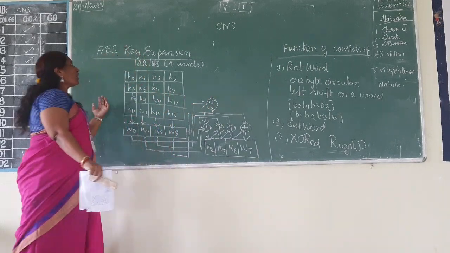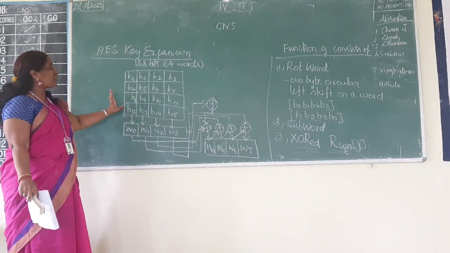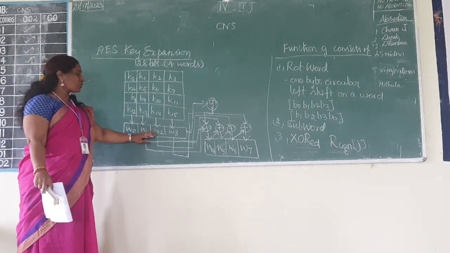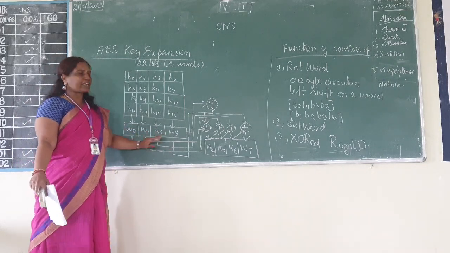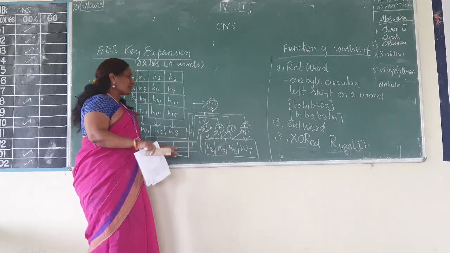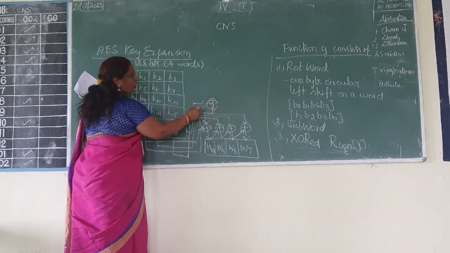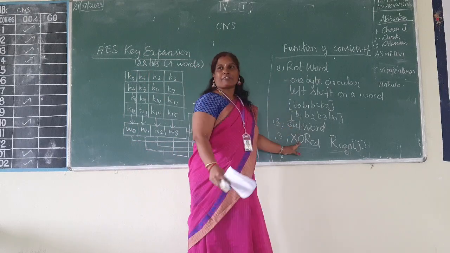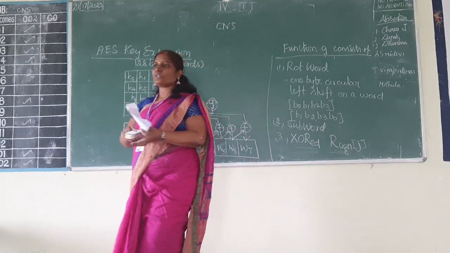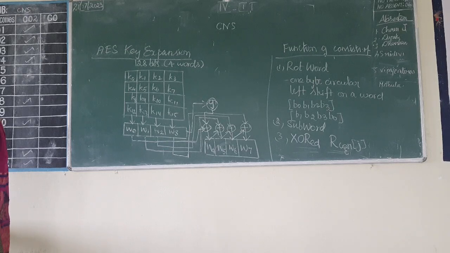So what you need to know is how the key is getting expanded. The entire key is organized as a 4x4 matrix in which we take column wise. Each one is considered as one word, so altogether it is 4 words from the input key. Those 4 words will be expanded again as another 4 words. For that expansion we will be using a function G. This G performs all 3 functions: first rotate the word, second substitution of the word, followed by XOR with the constant value. This is how key expansion takes place.